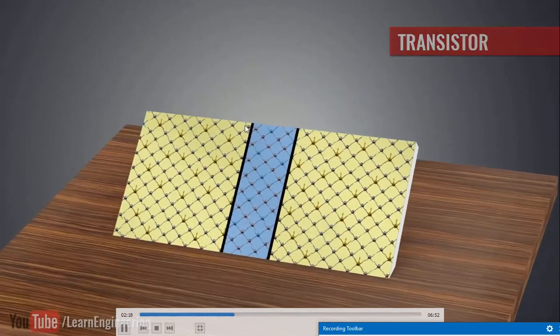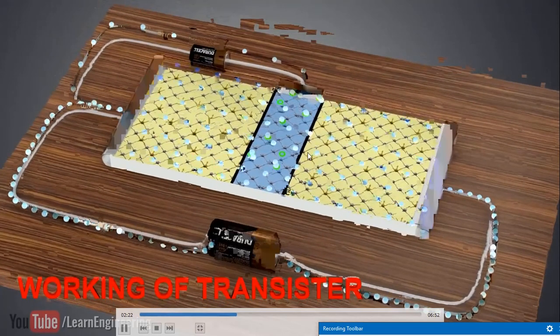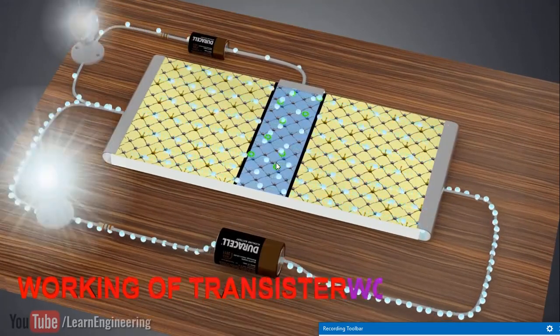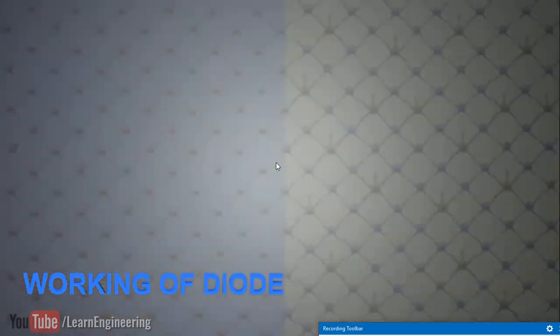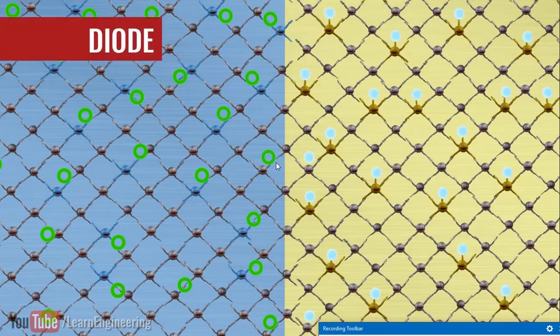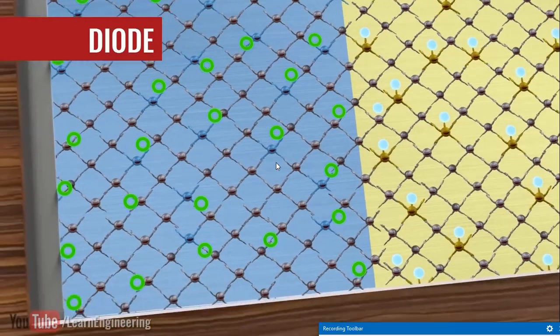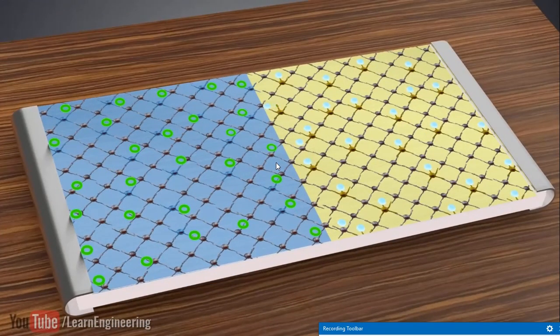So let us take the transistor. In transistors, we have NPN transistors and PNP transistors which are doped. We have this diagrammatic representation where p-type and n-type are connected in such a way that we have two sources, and these sources are connected to PNP or NPN transistors. Here we have the impurities represented with different colors. Let us take a normal diode. When they are connected in forward bias condition, let us assume the P is connected to positive and N is connected to negative.